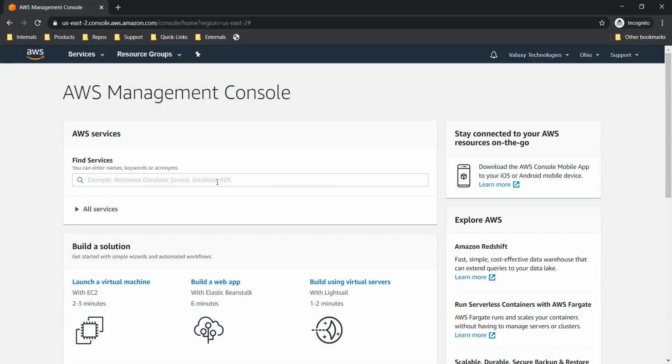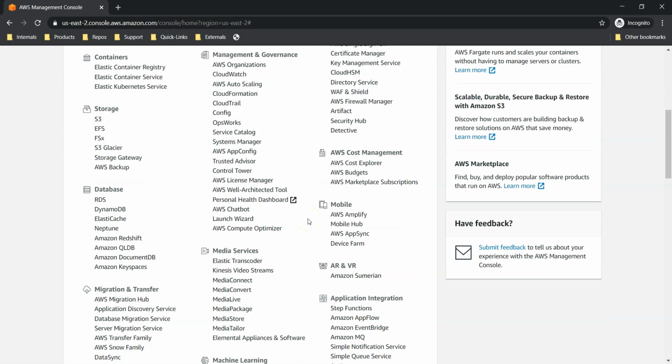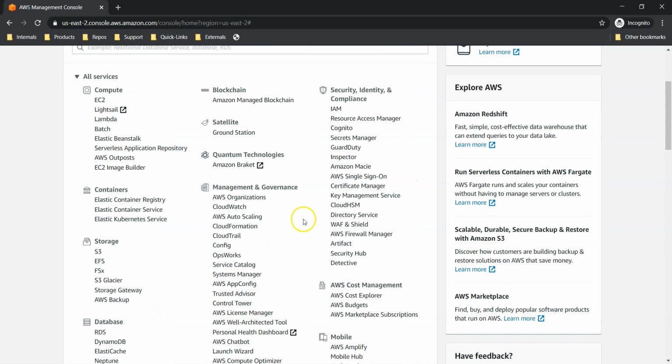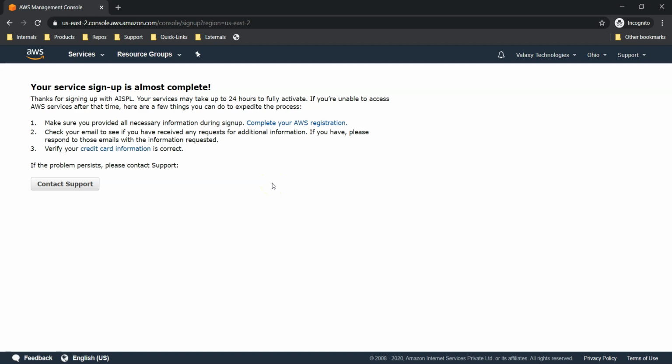Now I have logged into my AWS console, and if you want to see all services, you can click over here. But among these many services, we are going to use only one service for our Linux practice, that is the EC2 service under compute. So let's click over here. If you see here, our account is not yet fully activated because we might be missing one of these steps. I know that I haven't validated my email ID yet. They are going to send a verification email to our account within 24 hours, but usually they don't take much time.